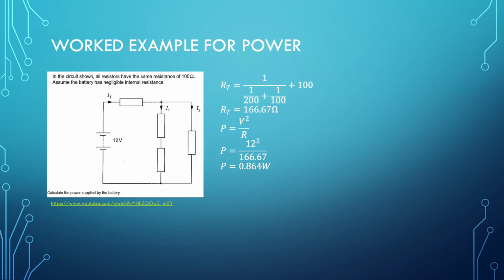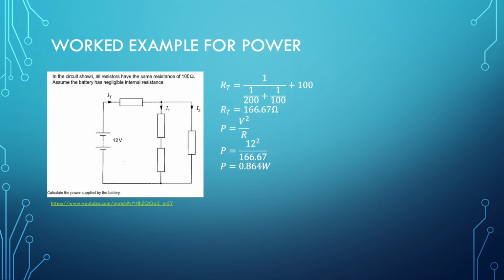The following example requires the power supplied by the battery to be calculated. The first thing you want to do is calculate the total resistance by using a combination of the total resistance formulas for series and parallel circuits. From this, you'll find the total resistance equals 166.67 ohms. Using the Ohm's law manipulated power formula, P equals V squared on R, the voltage and resistance can be substituted in. This gives a power of